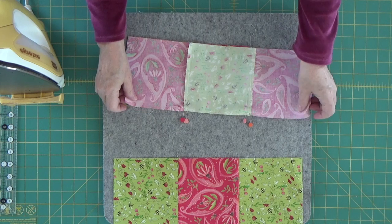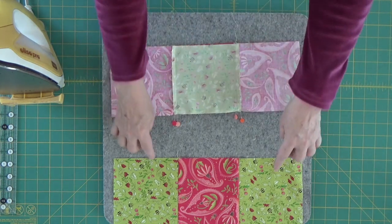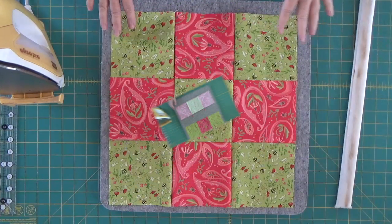So I'm going to take this over to my sewing machine and I'm going to sew these together and then I'll add that one in. Then I'll come on back and show you the block. Here's my block